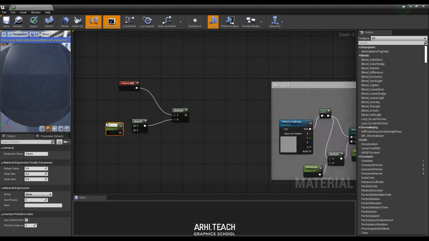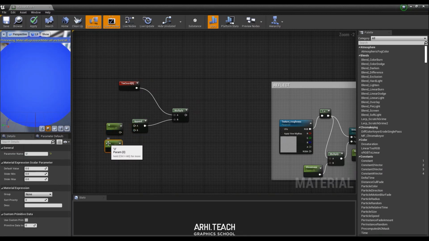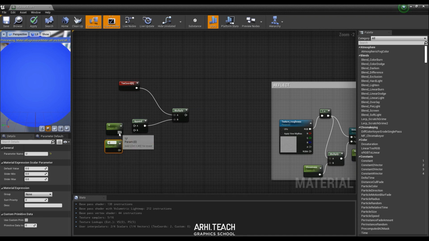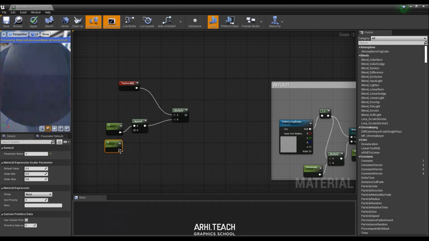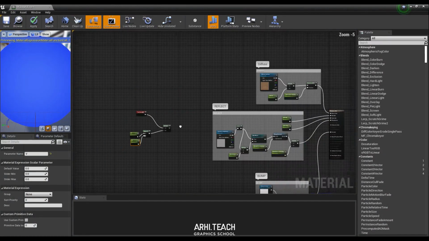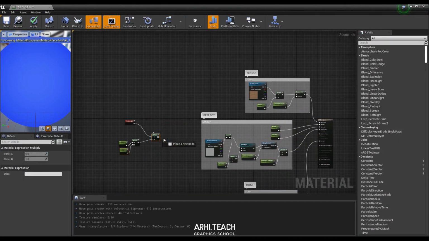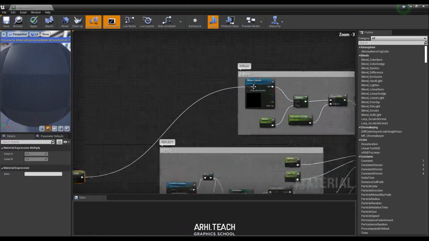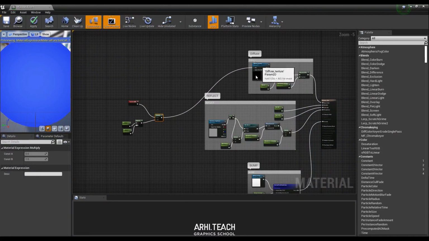Then S, a control parameter, this will be U, control plus W, this will be V. So they are X and Y of our texture coordinates. We connect U to indicator A, then we connect to indicator B. And after that, we connect our small structure by a twig. You can see, simple texture has its own coordinates.